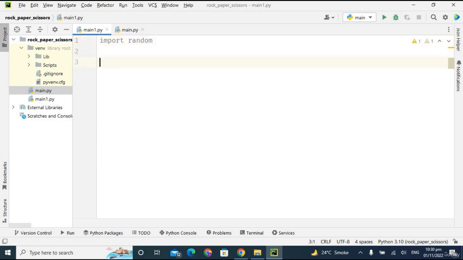So first of all, I am asking the user to enter their choice. In this game, we are actually creating this game for the computer and the user. Computer and the user will play together. So we have to ask the user to enter their choice, and we will also give a random option to the computer as well. So for that, I'm declaring here a variable which is user actions. I'm using the input method and I'm asking the user to enter your choice,